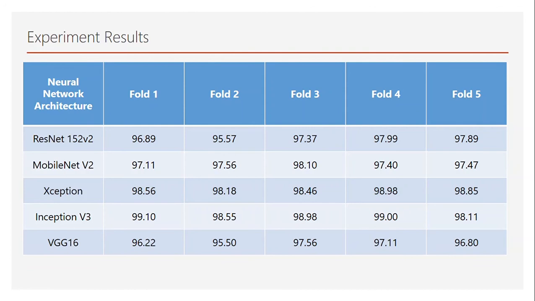Now it's come to the result part. We conducted a series of experiments to train our model and get the prediction result from that model. Each model took 6 to 12 hours to train, depending upon the network and the depth of that network. It varies from 6 to 12 hours.